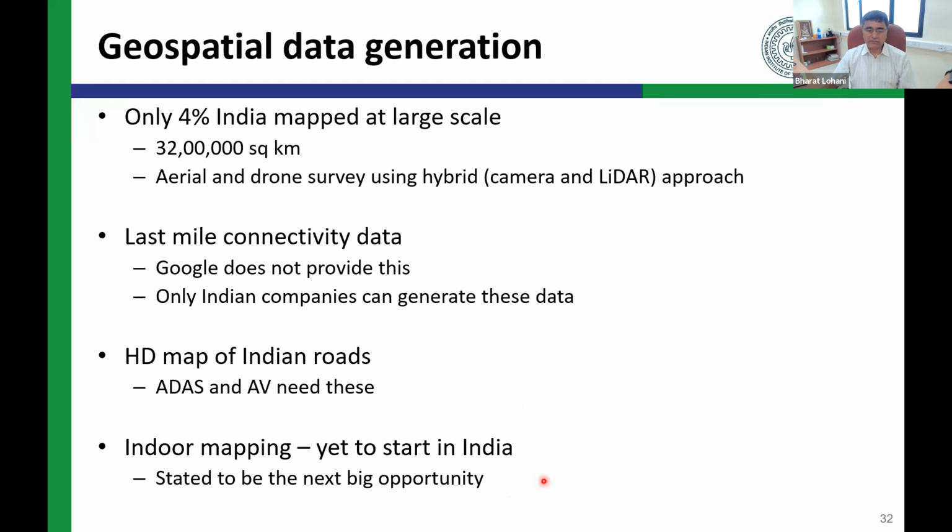Another big opportunity which is not yet there, but abroad a lot of indoor mapping is happening. The moment I say indoor mapping, the meaning is in a hospital, you might have faced this problem. If you go to a mall and you want to go to a certain shop, how to locate it? It becomes very difficult, because there are yet no indoor maps. So many malls, hospitals, colleges, institutes and large 5-star buildings have been created, and yet we don't have the indoor maps. So navigation within those buildings requires the indoor map.